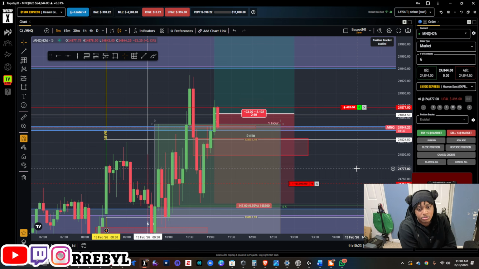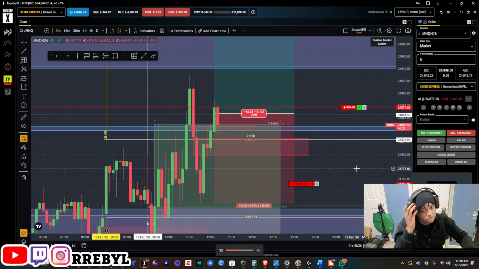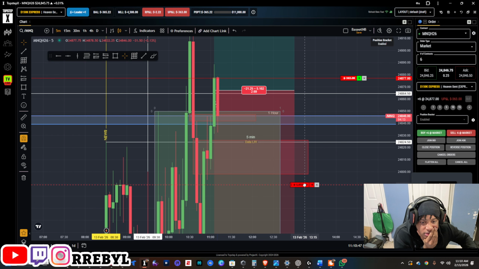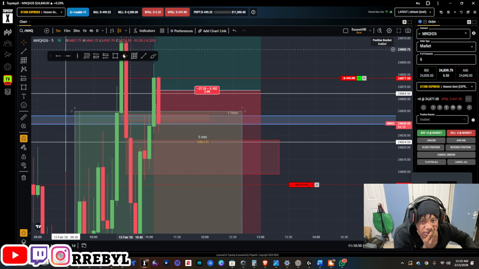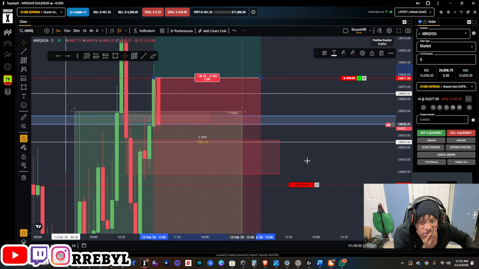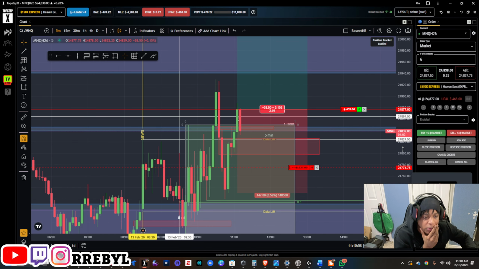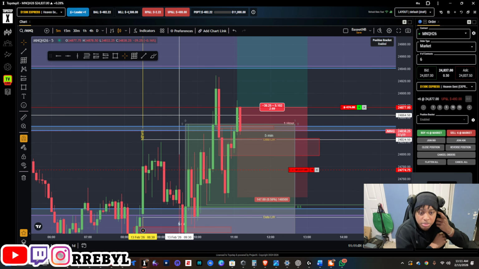That's a potential. I don't really like breaker block trades, though, I'll be real. It's not my favorite thing in the world at all. But I feel like the first TP is so close that I might end up adding more contracts after this, because we'll respect this. Let the 5 minutes pass first, then put the guns down.